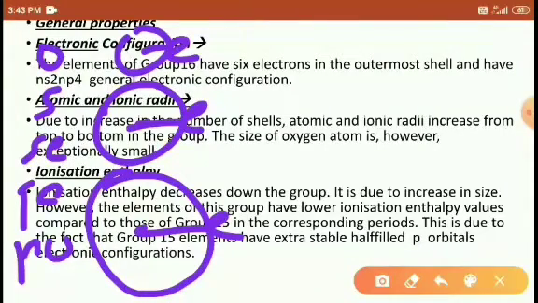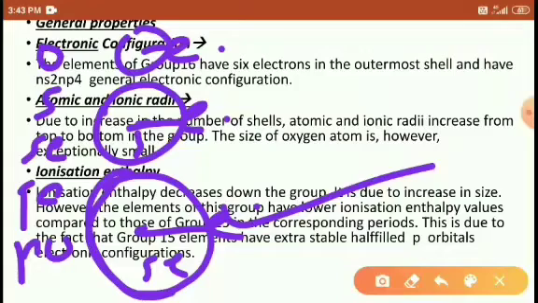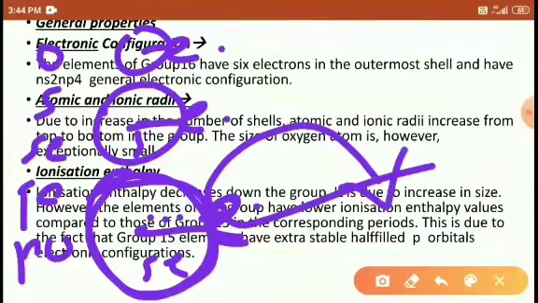So tell me, students. These are oxygen, sulfur, and this is selenium, right? Which element out of these three requires the lowest ionization enthalpy? Obviously the third one, because it has the large size. Large size means the outermost electrons get less attraction from the nucleus, so removal of an electron is easier. But in the case of oxygen, the small size and strong nuclear interaction are present, so removal of an electron is a little bit harder, right?